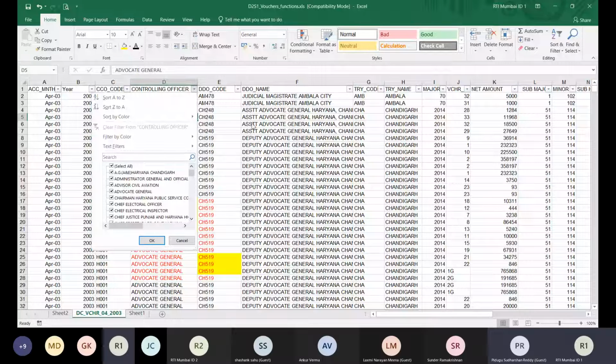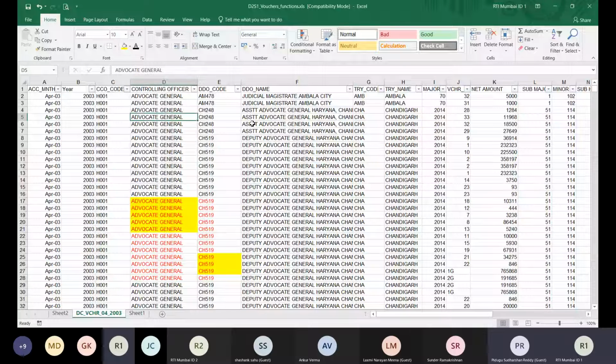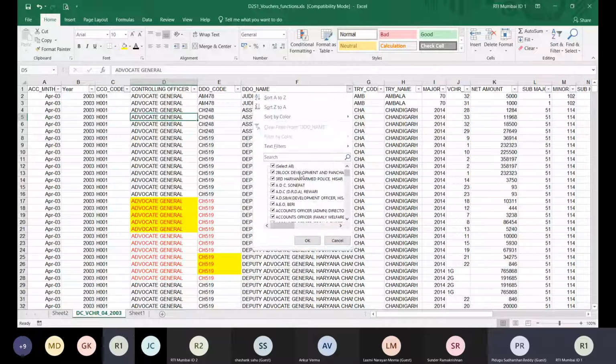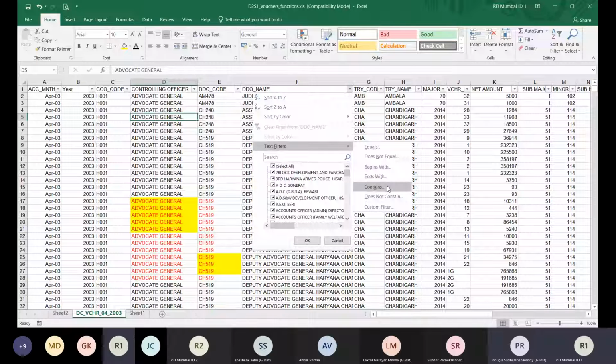So this is very useful, that's why I am taking this, क्योंकि फिल्टर में बहुत सारी चीजें आप उसको जैसे देखना चाहे, जैसे कि आपको वीडियो नेम के अंदर वो टेक्स्ट है तो टेक्स्ट में पूरा लिस्ट आ रहा है, सर्च भी कर सकते हैं, और टेक्स्ट के अंदर जैसे फिल्टर भी आ रहा है, देखिए उसमें भी इक्वल्स, डज नॉट इक्वल, बिगिंस विथ, एंड्स विथ, कंटेंट्स। कंटेंट्स मतलब पूरे उसके अंदर कहीं पे भी है, समझो आपको मालूम है कहीं ना कहीं उसका नाम दिया हुआ है, दिल्ली, मुंबई या ट्रेजरी का नाम दिया हुआ है, तो आप अगर कंटेंट्स देखेंगे तो कहीं पे भी ट्रेजरी का नाम आया तो वो आपको दे देगा वो, तो डज नॉट कंटेन।